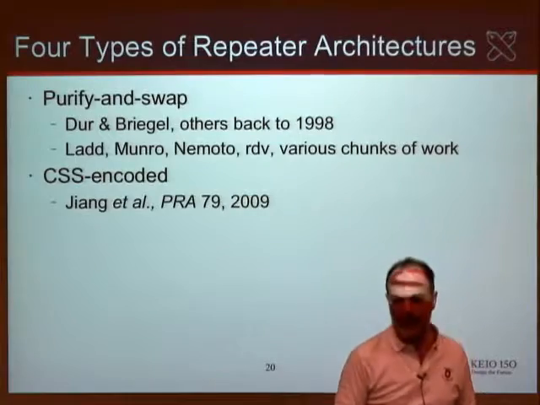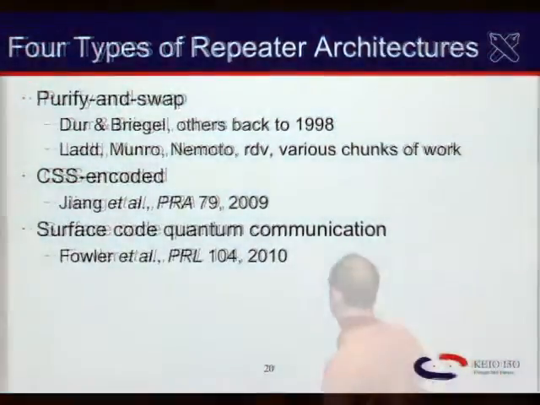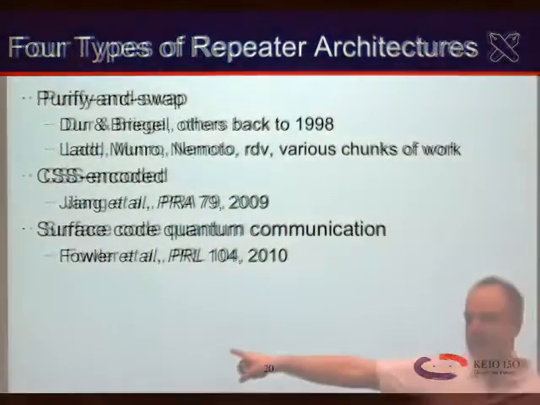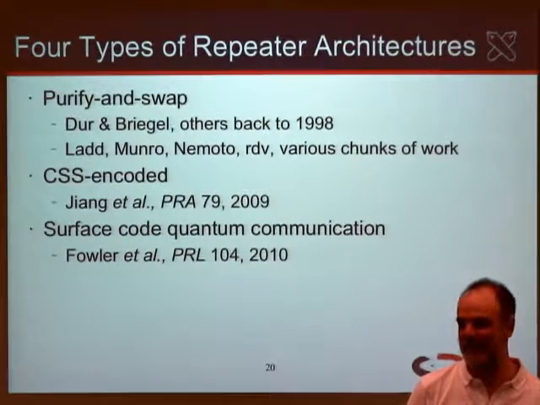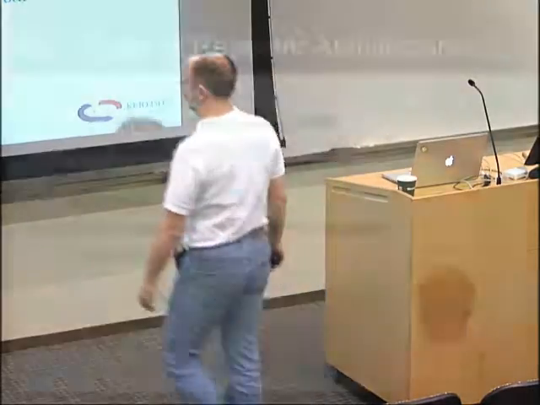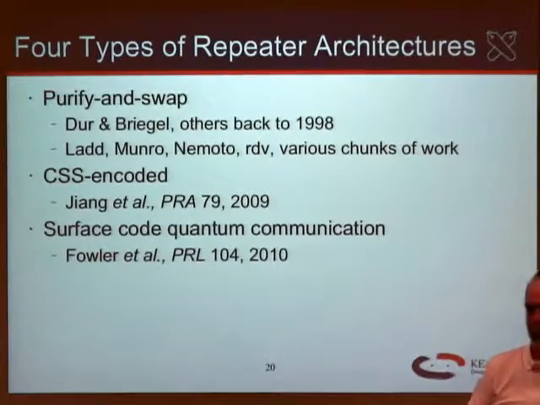Bill and Kai and I are co-authors on that particular paper of Liang's. Let's see. Surface code quantum computation. So Austin Fowler, whom we all know as the primary apostle of surface code, the man who's figuring out how to make it all work, realized at some point that this could actually be applied to communication systems as well. And it could be applied to repeater architecture as well as to actual computational architecture. And again, Bill and Kai and I are co-authors on this as Austin developed this out into a repeater architecture.